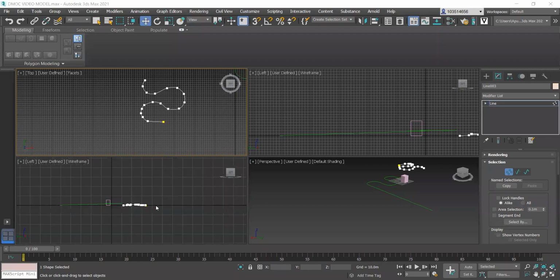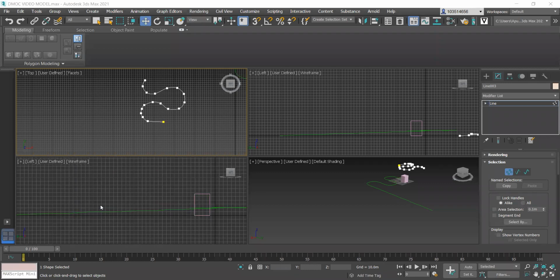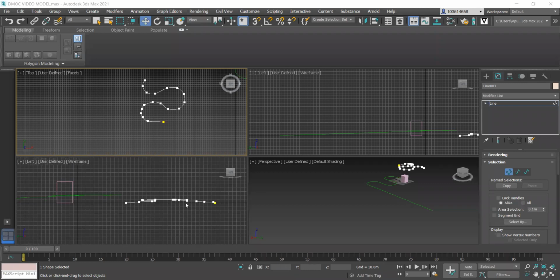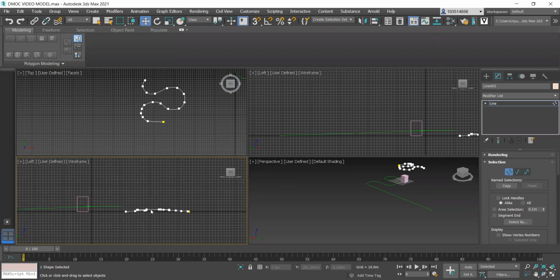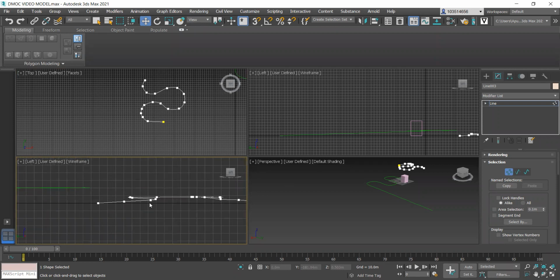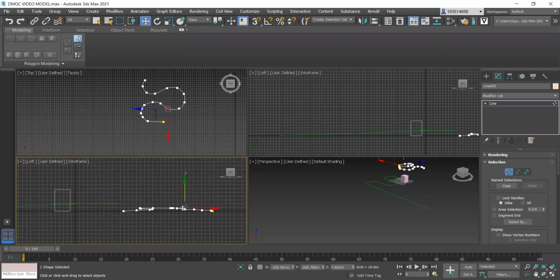Hey guys, so now I'll show you how to use different modifiers to create a bridge. So in the last video, I showed you how you can create the curvy lines with the help of the line tool and how you edit it to create a slope or some other things according to your bridge. You can edit accordingly. Let's just delete the curve here